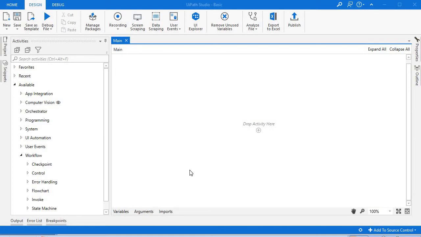As per your request, today I will discuss some basic features of UiPath Studio. So let's see.